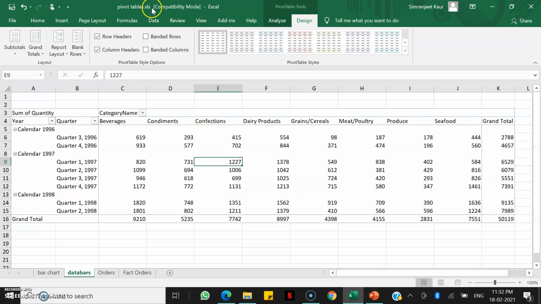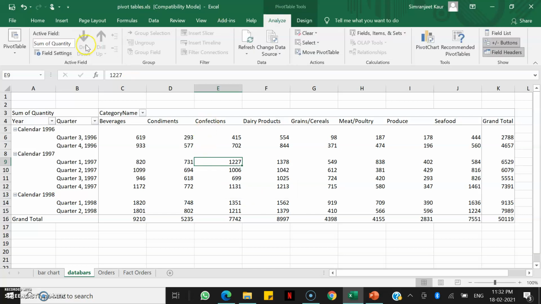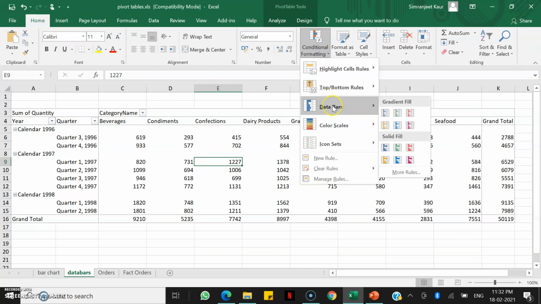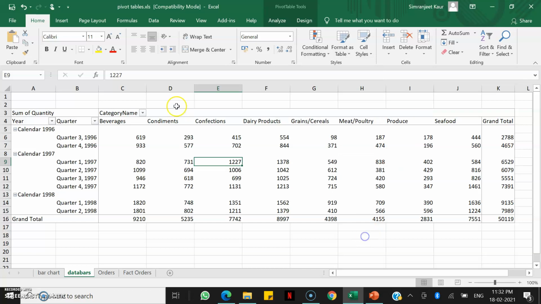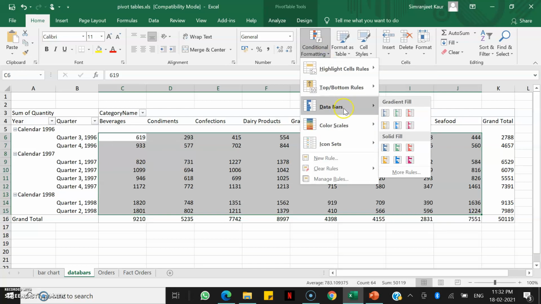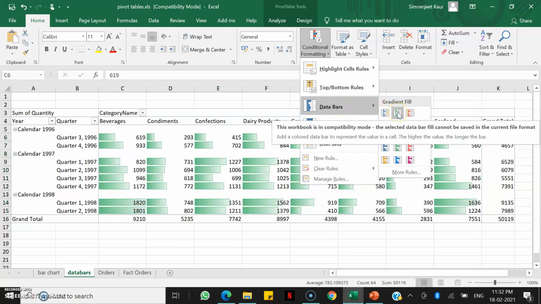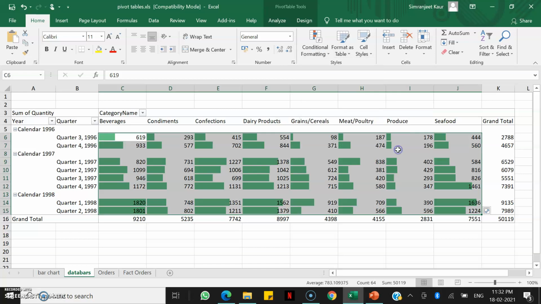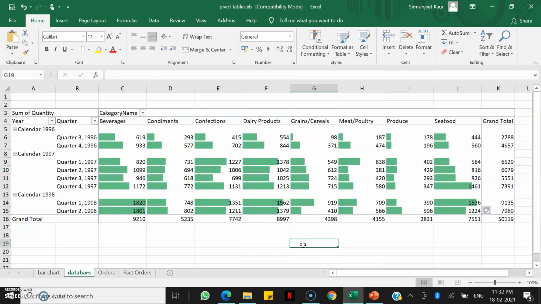And now let's go to my conditional formatting. So I will go to home, I will click on conditional formatting, and if you see here I have data bars here. So before I do that, let me select the area for which I want my data bars. Now let me go to conditional formatting. So data bars, see, so this total data can be shown as data bars also. I can select whichever color I want. So these are my data bars which will display the data in graphical form, right.